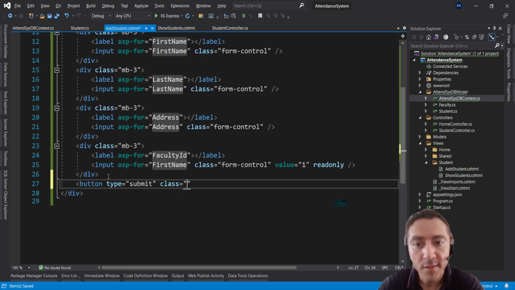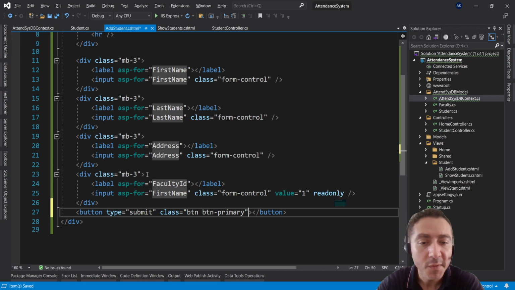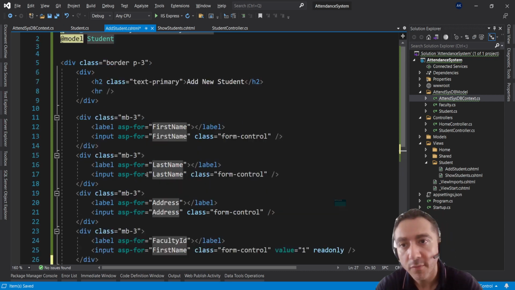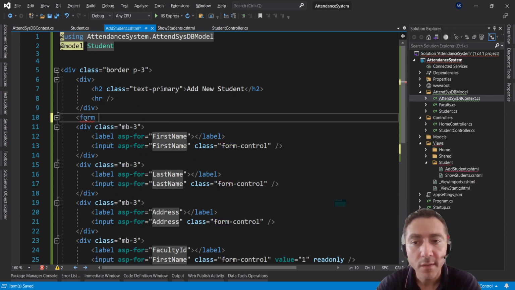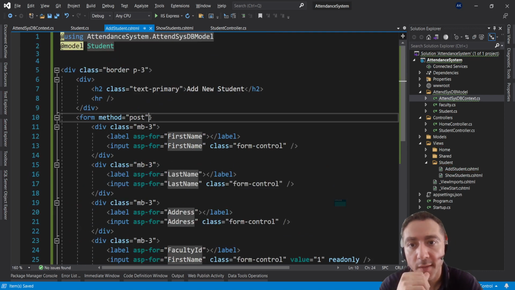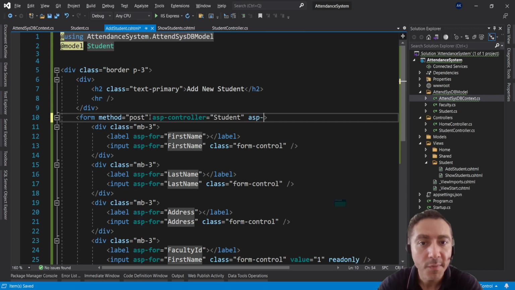And then let's say the class is btn btn-primary, and we need to specify the asp-action and controller, but actually I forgot to add the form here. So this should be inside a form. And then the method is going to be post. We're going to see that soon. And we need to specify asp-action and controller. You can come here and type asp-controller is student, and asp-action